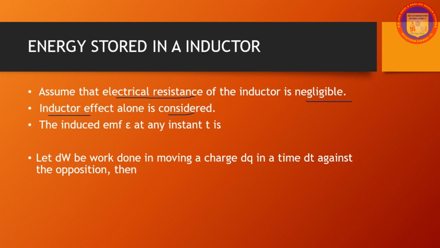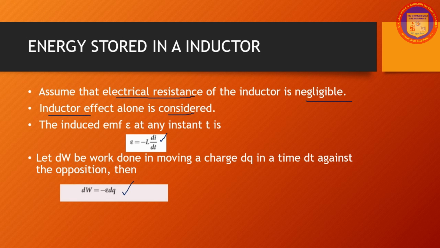The induced EMF epsilon at any instant t is epsilon is equal to minus L into di by dt. Let dW be the work done in moving a charge dq in a time dt against the opposition. Then dW is equal to minus epsilon into dq. We know that dq is equal to I into dt. Substituting the value, we get minus epsilon I into dt. Substituting for epsilon, which we derived in the above equation, epsilon is equal to minus L into di by dt, we'll get dW is equal to